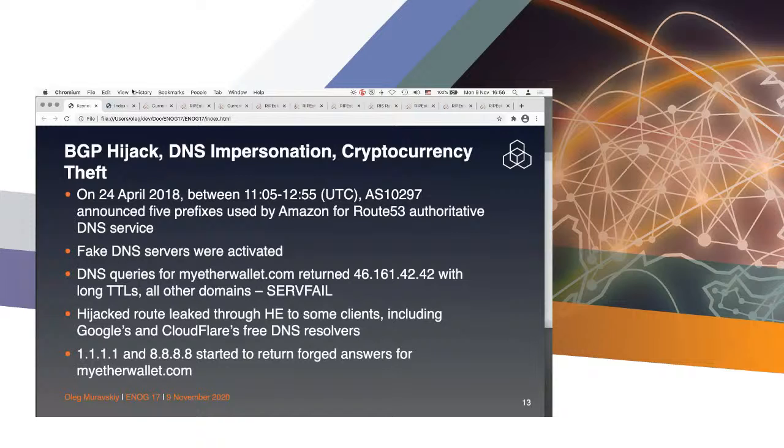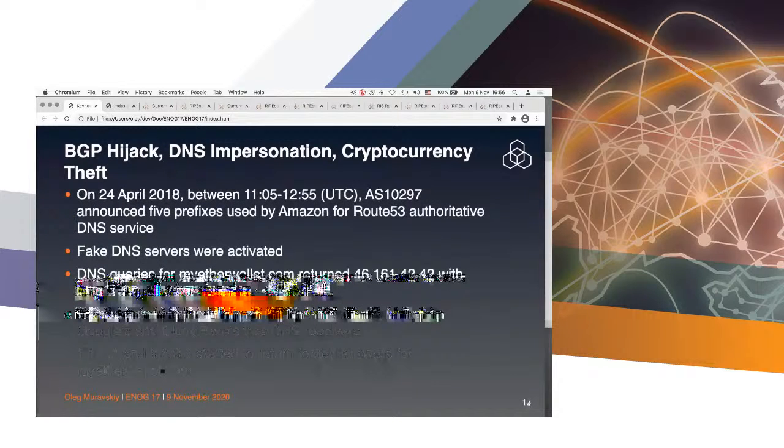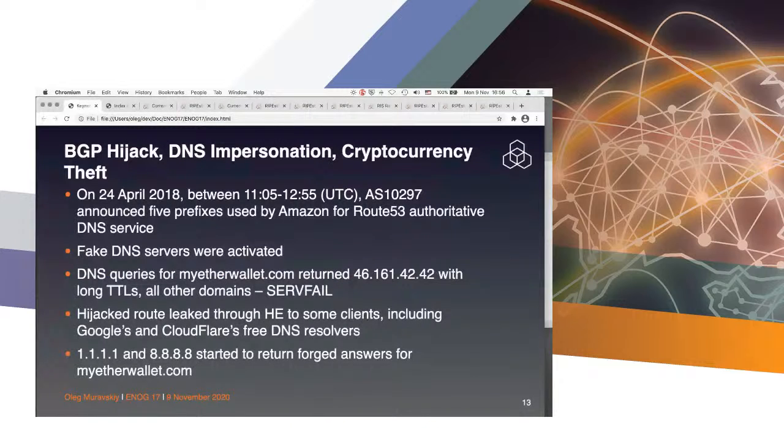then here goes. There was this notorious case. It was a massive attack to steal passwords of the users of one cryptocurrency website. It was MyEtherWallet, my Ether wallet. And this attack was quite composite. It was quite complex. And why I like it so much is because it's the right way to use BGP hijack